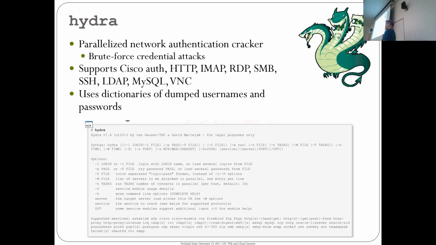And Hydra can work on anything: SSH, HTTP auth, remote desktop, RDP, which is the Windows way of logging in. You just give it the protocol, and it will brute force that port with all of the popular usernames and passwords. In fact, you can give it the Have I Been Owned data for it to use against all of those sites. So this is what I would imagine the Iranians are doing on the ICS stuff, because when they talk about password spraying and this kind of stuff, they're talking about this, where you would just get a